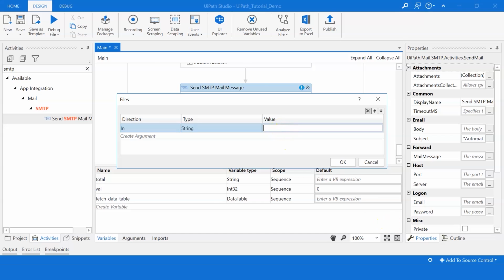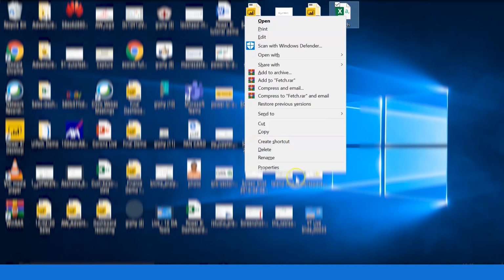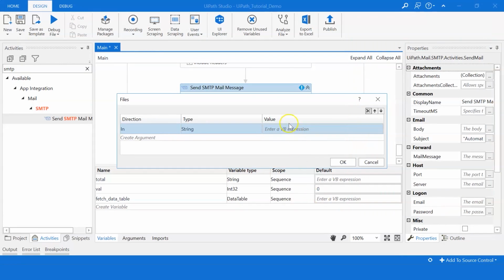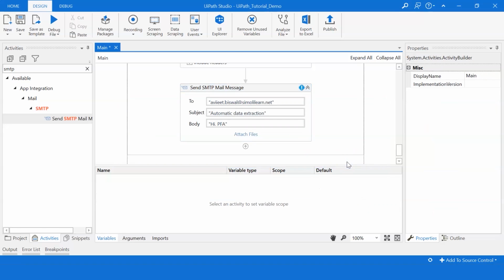So let me go to properties and I'll select this, cancel. Paste this here, followed by the file name, which is fetch.csv. I'll click on OK.